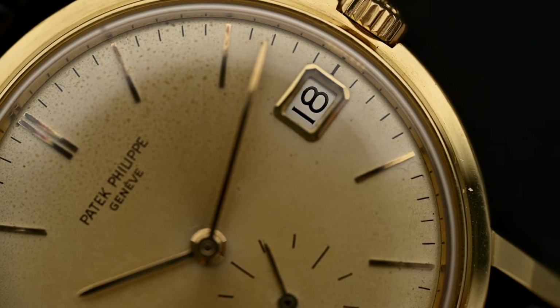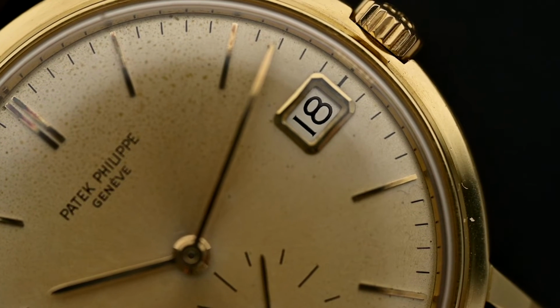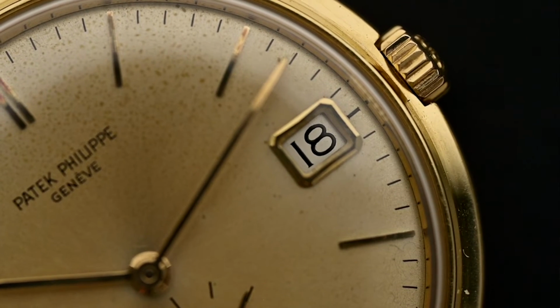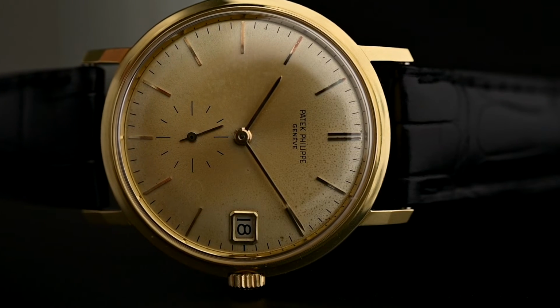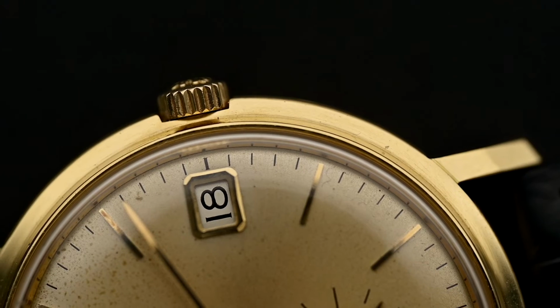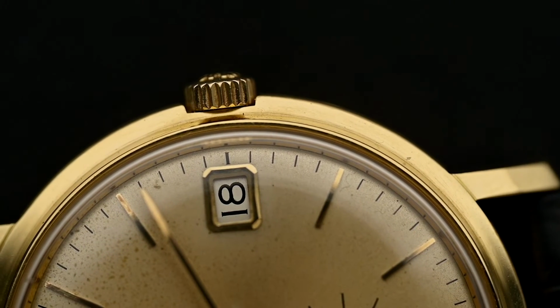You can find them in a lot of different metals like platinum, yellow gold, white gold, rosé gold, and in some cases even steel. They feature all kinds of complications like indirect central seconds, no seconds, flyback chronograph, annual calendar, moon phase, and so on. But we don't think that the multitude of complications reflects David Penny's vision. There's also a huge amount of dial decorations. For example, you can find any hand form you can imagine, from syringe, leaf, dauphine, alpha, baton, pointer, pencil, Breguet,